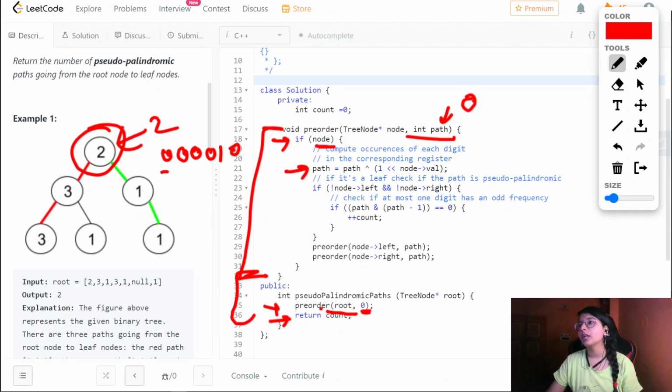When we take the node value and left shift the 1, so 1 would be at this particular point, right? So when we left shift it by 2, then in that scenario it will be here, right? And when we do XOR operation for the same, it will come out to be